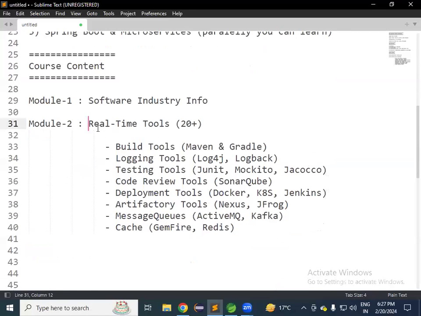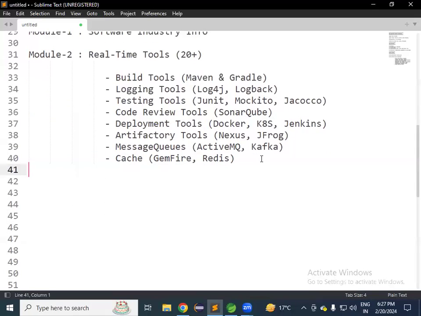So in the first 1 month, we are going to work with tools like this. By the end of the course, we are going to learn 20 tools. Here documentation tools will be available, so we are going to use Swagger for the documentation, and API testing tools will be available. We are going to use Postman for the API testing. How to use Postman, how to create a Postman collection for API testing, how to generate API documentation by using Swagger, how to improve the performance of the application by using Redis cache, how to increase performance by using message queues